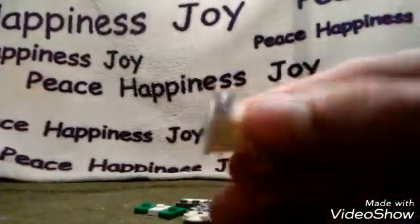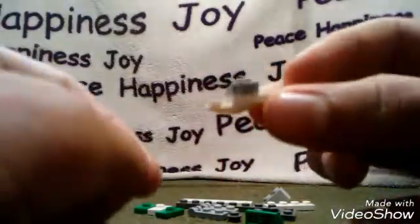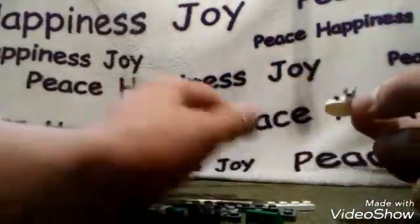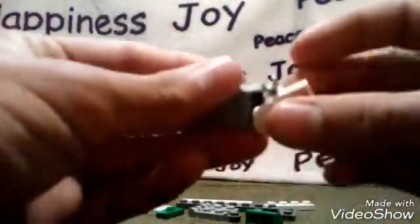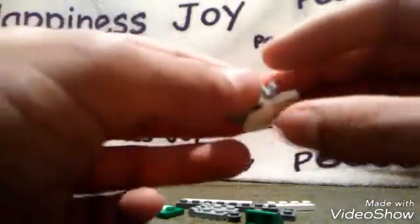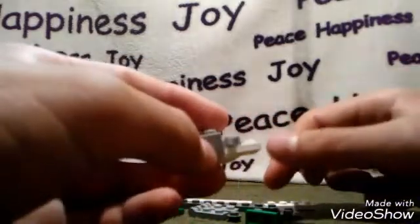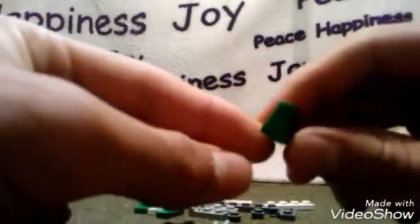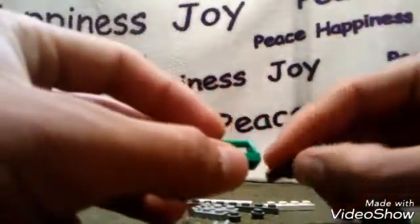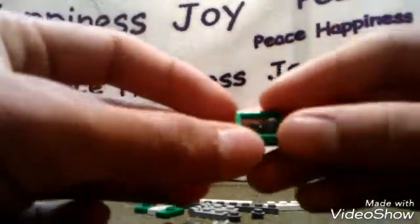Now you're going to flip it over, right? You're going to put the slider piece right here, or the little rounded piece. So you end up with that. And then you're going to put the upside down sloped brick up on the slider brick like that. After that, now this part's kind of tricky. You're going to want to get this kind of weird bar angled piece, get this ratcheted joint, stick it in there,